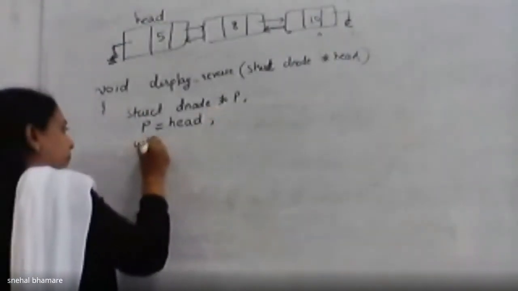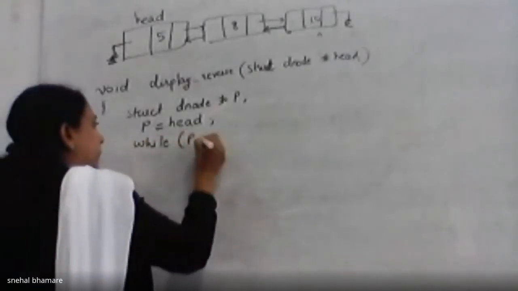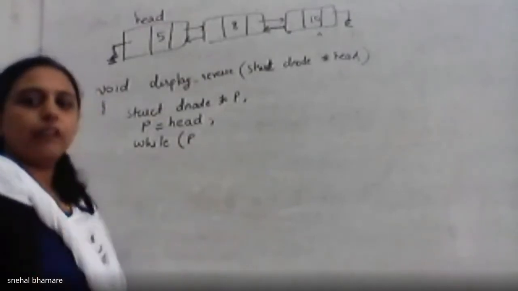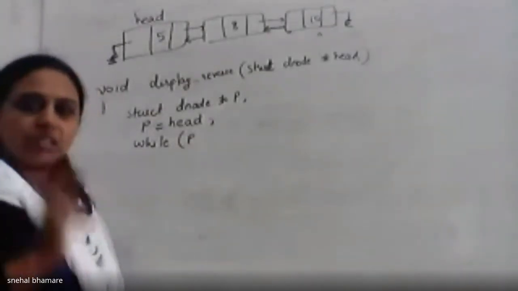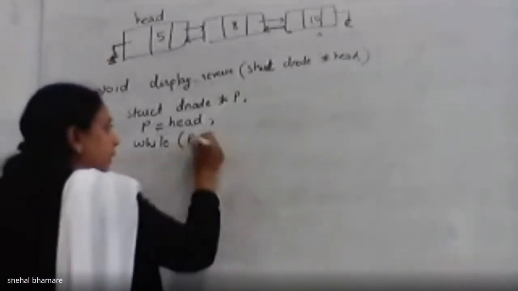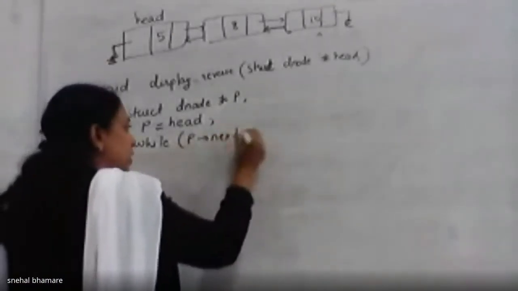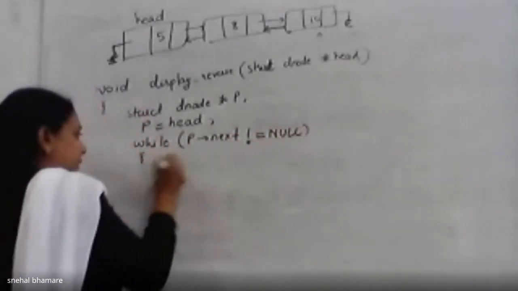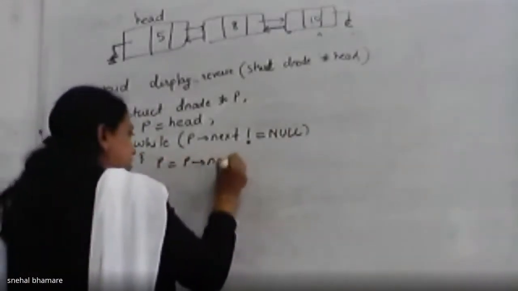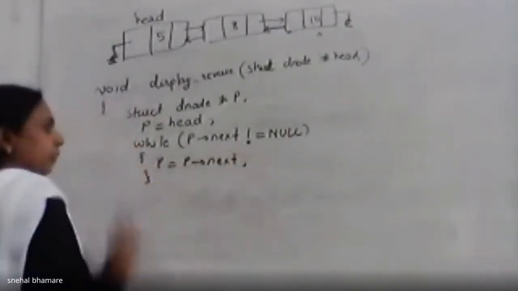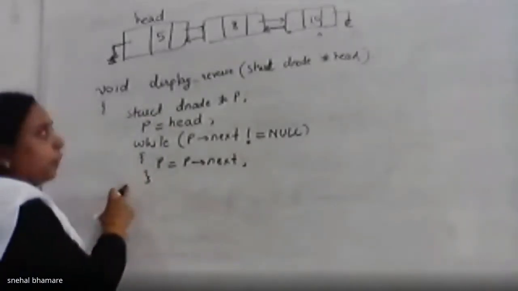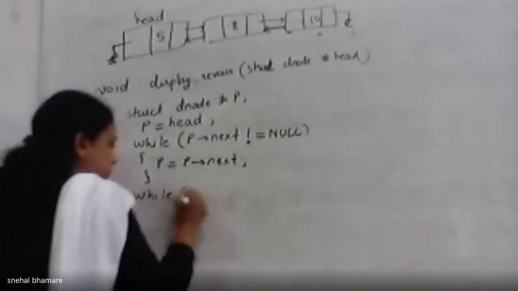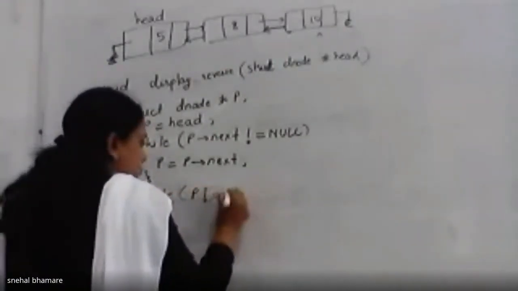So while the last node is identified by its next part being null, right? If the next part of a node is null, it means that that node is the last node. So while P next is not equal to null, P is equal to P next. Okay. And after completing this while loop, your P is going to point to the last node. So we will write the display value over here. That is, while P is not equal to null,